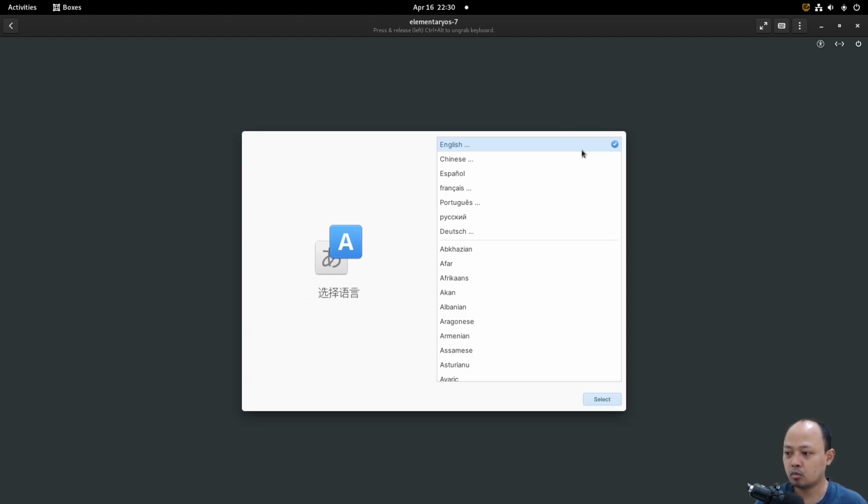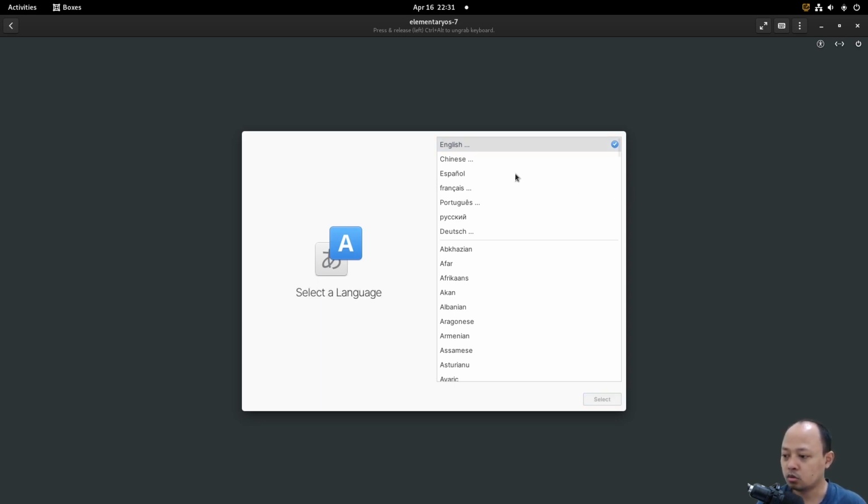I see something different here. Usually if I try a desktop Linux distro, the first boot from ISO image is always in live mode. But in Elementary OS, we will be asked first about the language. Because I never install or use the Elementary OS, let's just follow the steps.